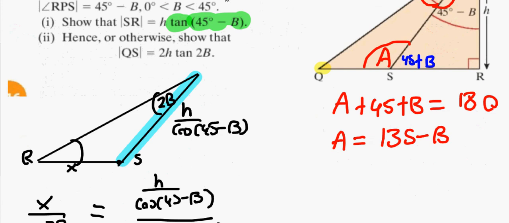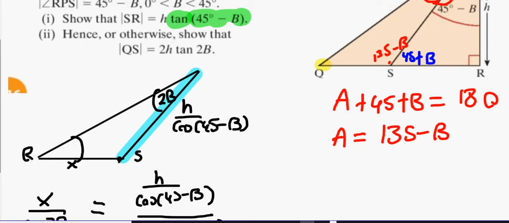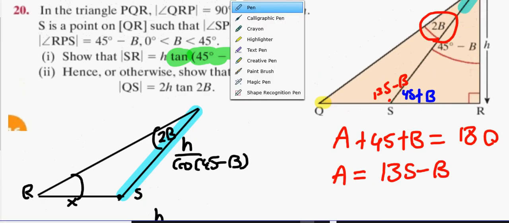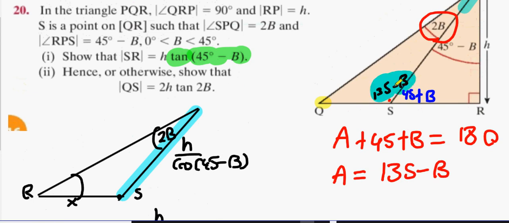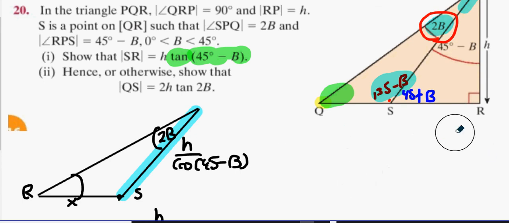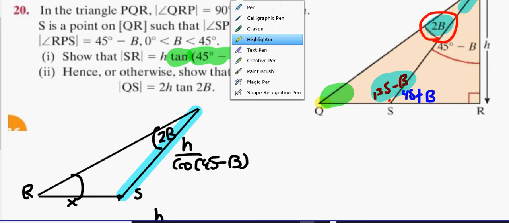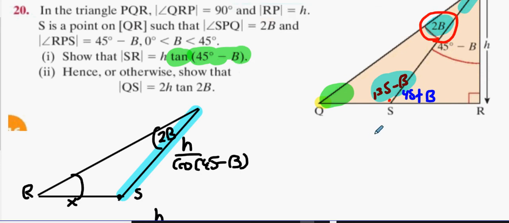Alright, so I'm changing that with 135 minus b now, haven't I? Now, what do you think the next move we're going to make is? Yeah, 135 minus b, 2b, and we'll call it the green angle. What do they all have to add up to? Okay, so I'm hoping this will give me something decent to work with. So we'll call the green angle